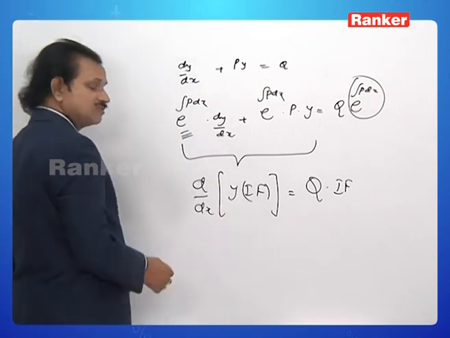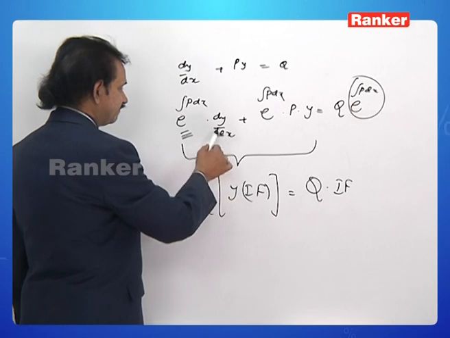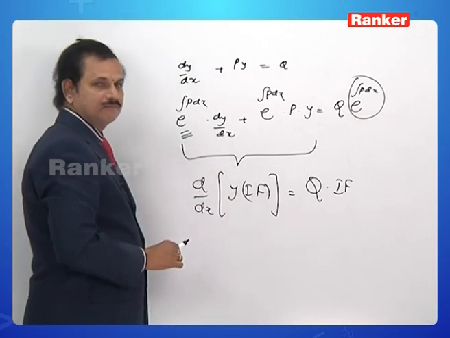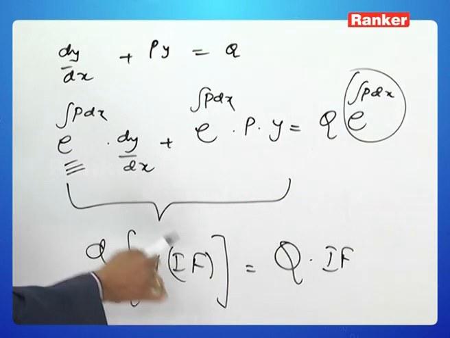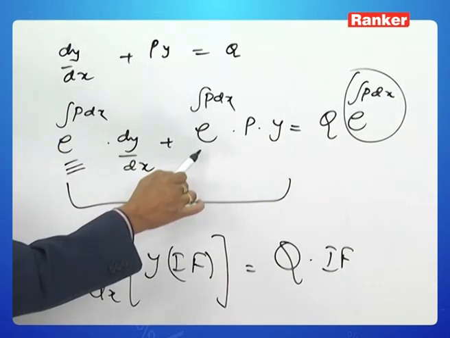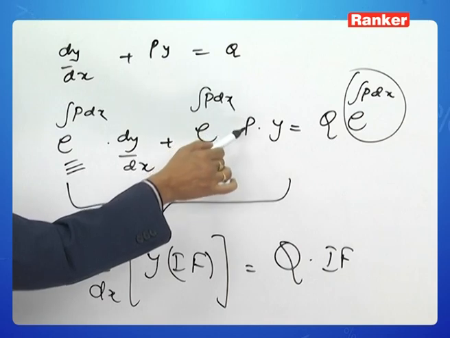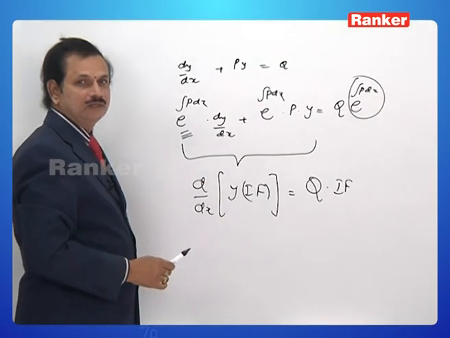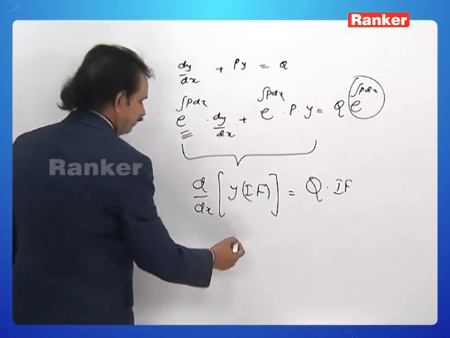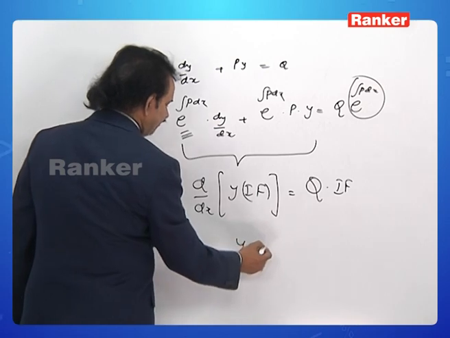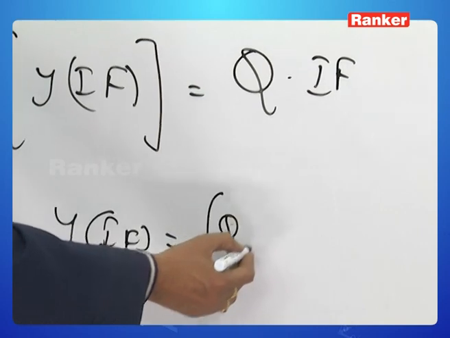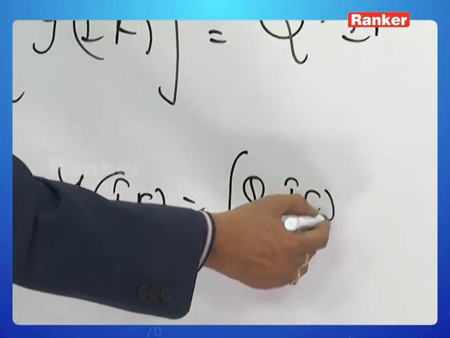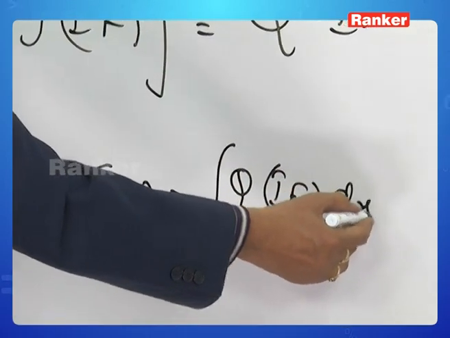You differentiate this: dy by dx into IF plus y into derivative of this. Derivative of e power integral p dx is e power integral p dx into derivative of the exponent, which is p into y. From this, we directly have y into IF is equal to integral of q into IF dx,